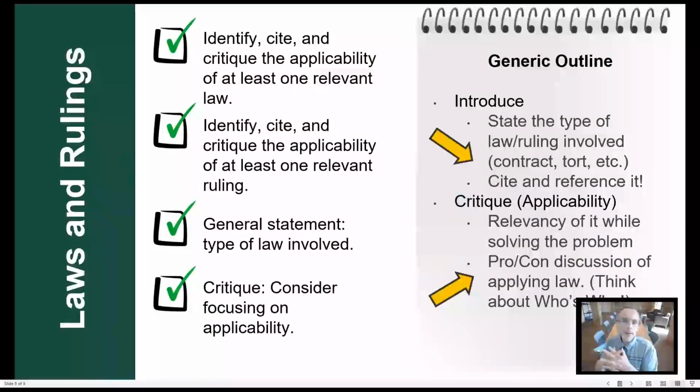And one thing you may want to think about while thinking about pros and cons are the stakeholders and the triers. What would they see as a beneficial outcome after applying this law or ruling? What would they see as a negative, and so forth? By thinking with their hat or stepping into their shoes, you can sit down and say, yeah, I can apply this law. It's extremely relevant. However, when I do so, these are going to be the outcomes, at least in outline. If you can do this, you'll have a very good critique of the laws and rulings that you're thinking of using to help tackle your problem.